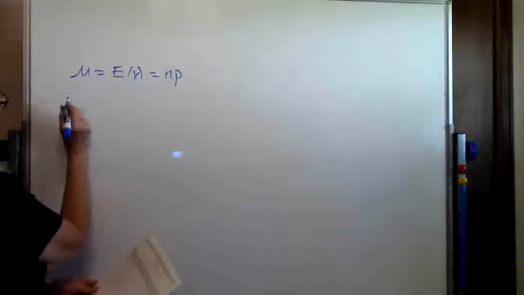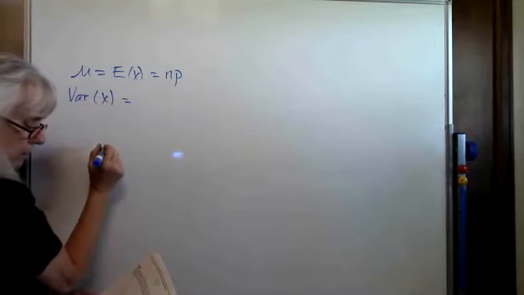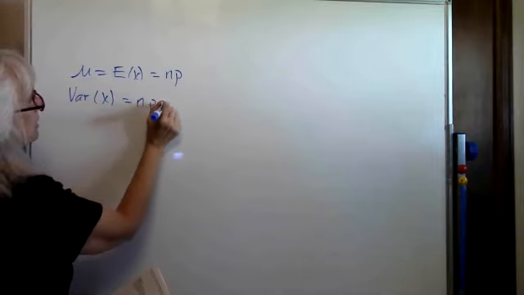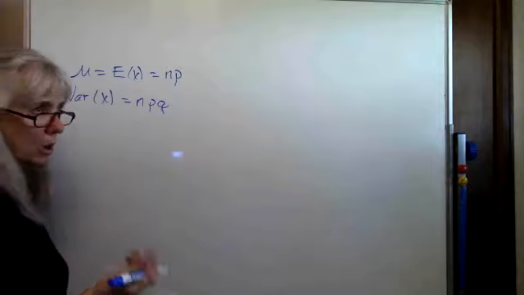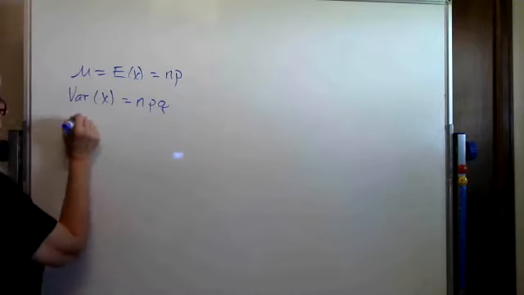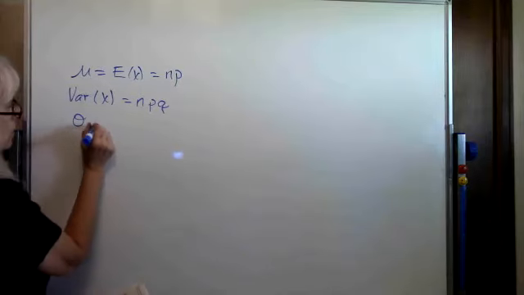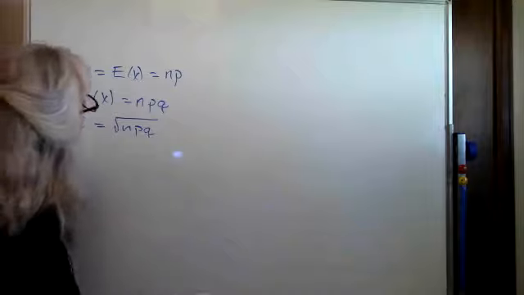You can find the variance in that random variable by taking n times p times q. So you simply take the expected value and multiply it by one more quantity, which is the probability of failure. And then we know that the standard deviation in terms of x is going to be the square root of the variance. So n, p, q. So the last example, which is example 8,